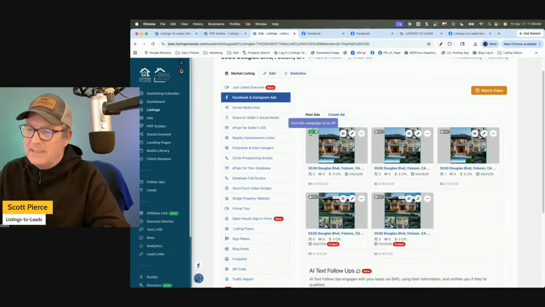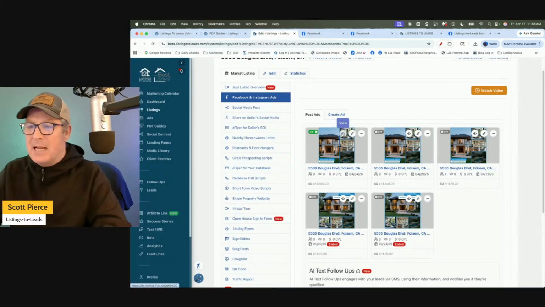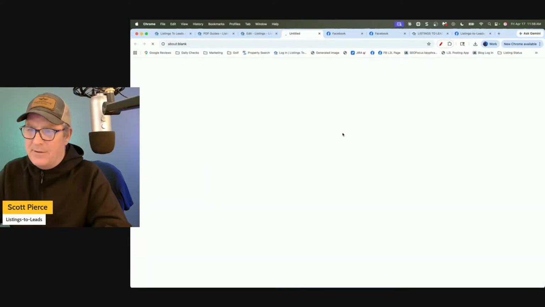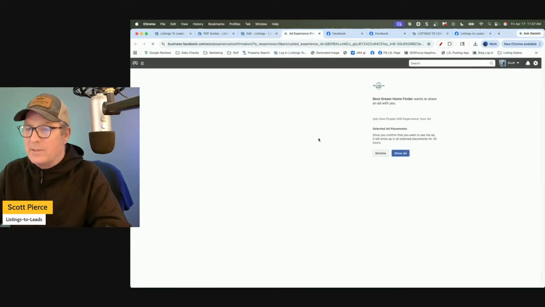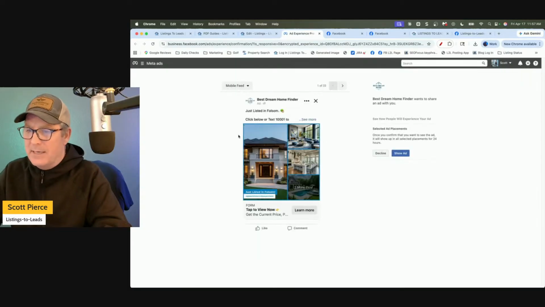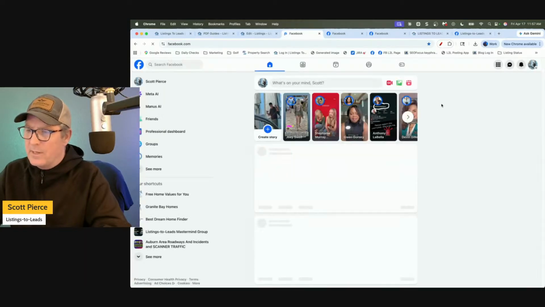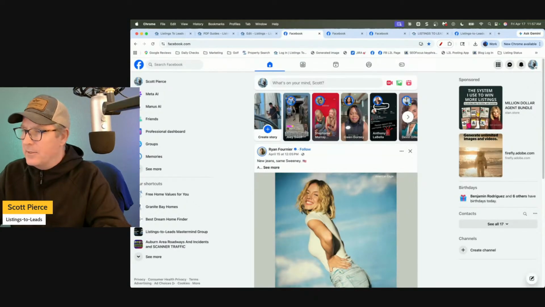So see how it says it's on, view, edit, right? A few other things. The view button, it'll take about a minute to be live. So it's going to show me it's broken. It's going to say it's not working. Of course, it's going to make me a liar, and it is working. Okay, great. Normally it takes about a minute for that to work. All right. Now I'm going to click the blue show ad button. And then we're going to look at that ad and look at those questions.